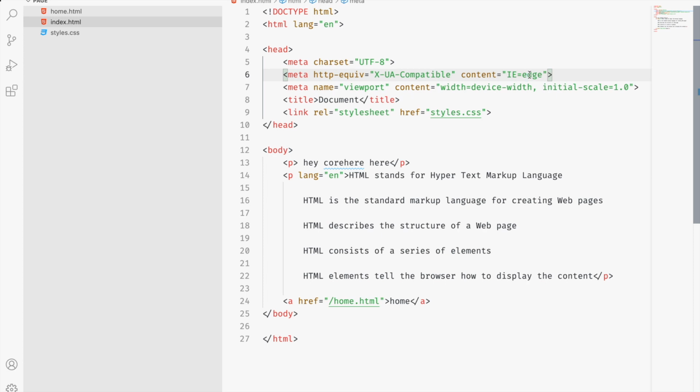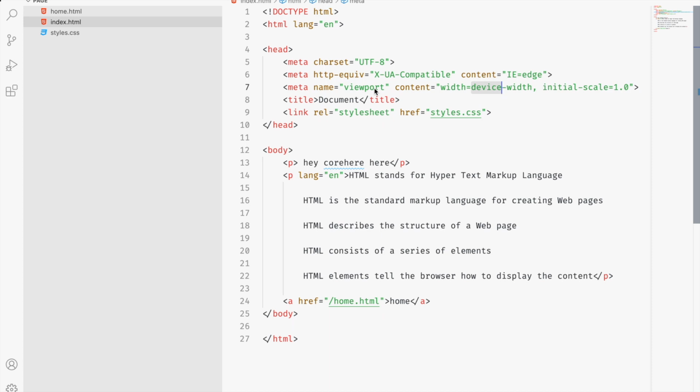If you didn't mention it, it takes IE7 or IE8, which does not support many things, especially flex. Flex is not supported by IE7, so your entire website will start collapsing. That's why we need to mention the latest IE browser. This line is only for the IE browser. Other browsers have no problem with it.